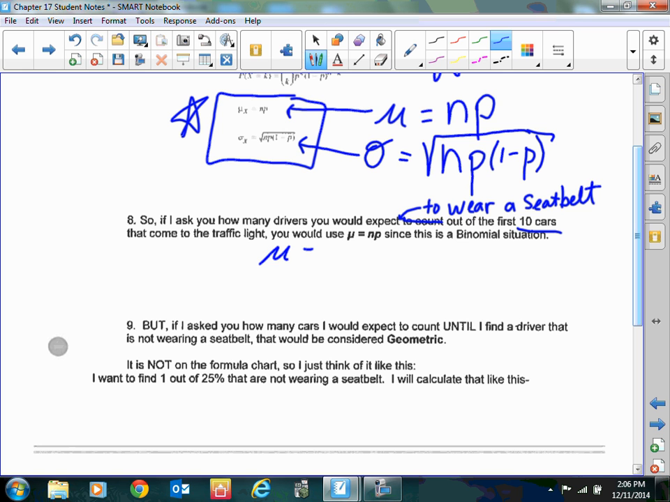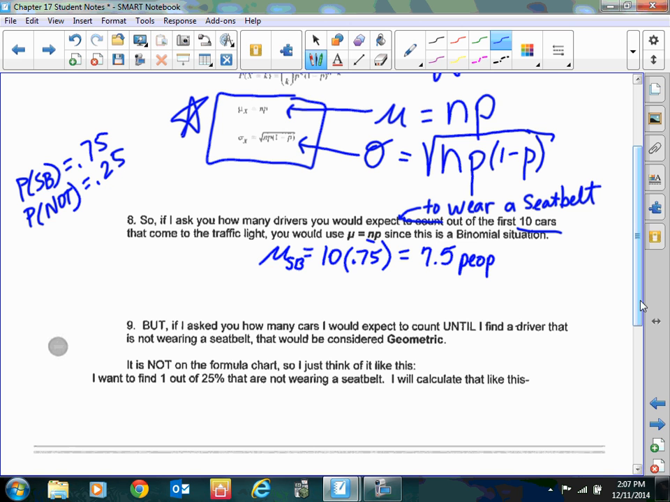So let's go ahead and compute it. This is the average amount that you would expect to be wearing a seatbelt. The n is how many you are going to be looking at: 10. And the probability of wearing a seatbelt is 0.75. This had been told to us on the previous page, that the probability of wearing a seatbelt was 0.75. So the probability of not wearing a seatbelt, of course, is 0.25. That's data from yesterday. And so that is 7.5